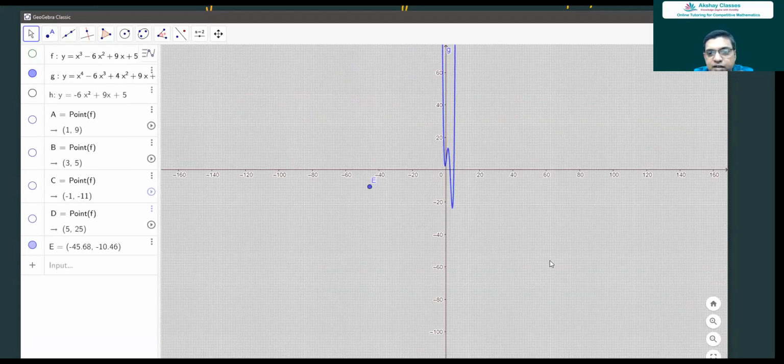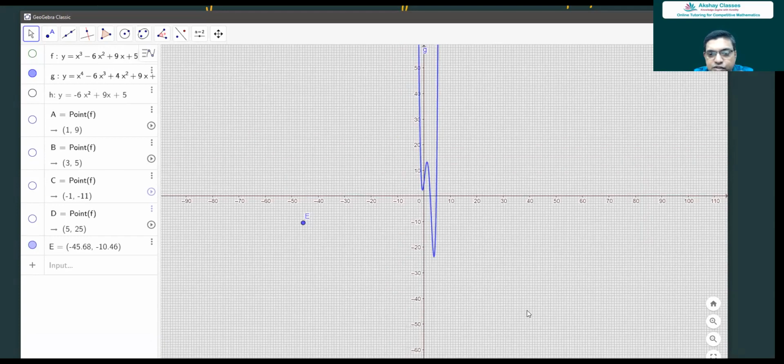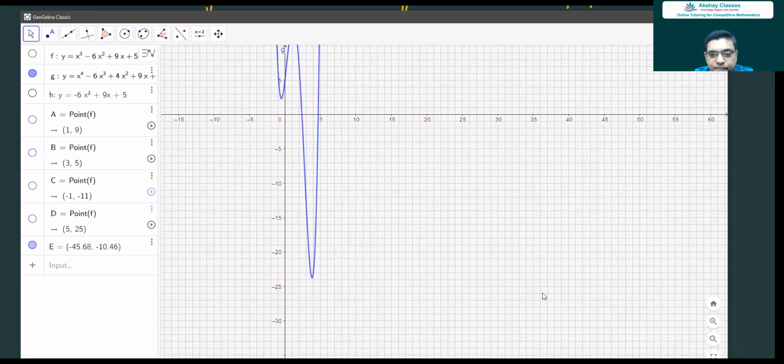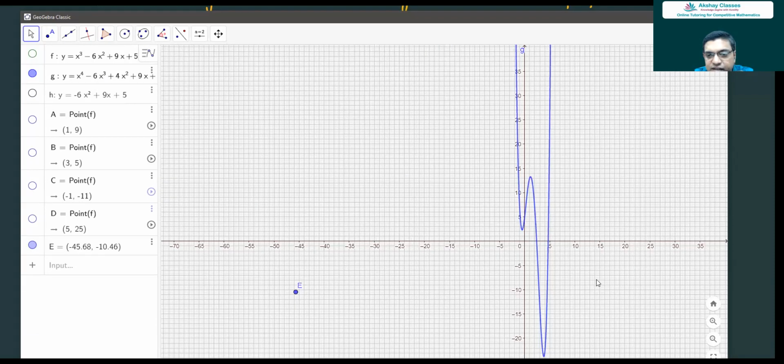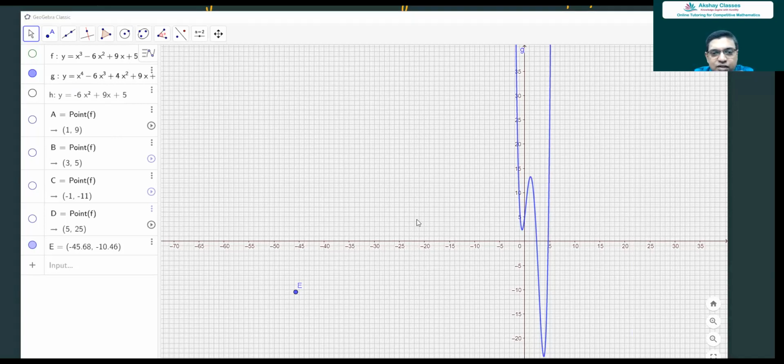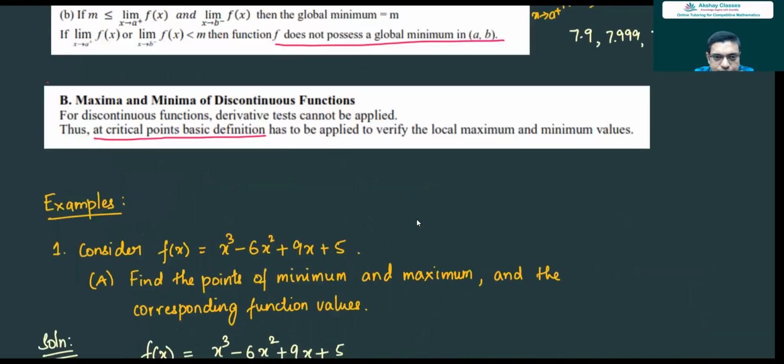I'm just playing with some of the roots, products of the roots and polynomials. That's all. So here we see when the leading term is x power 4, we get a graph more like a distorted W. And if x power 4 has a negative coefficient, then it will reverse. Okay, that's why, if you see,